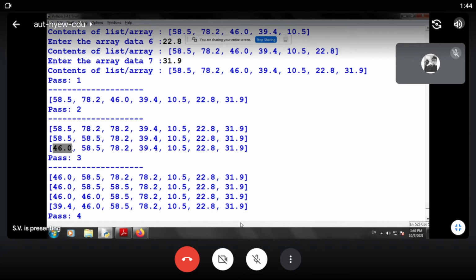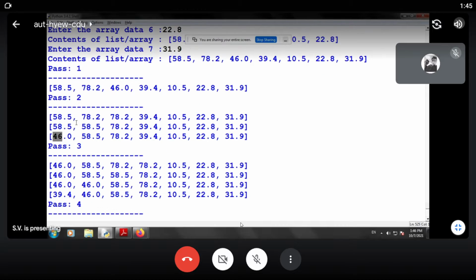Participants, did you understand step 1? So first it finds the list. 58 is found to be in order, 78 is in order. Now what is to be inserted? 46 is not in order. It should be at the place of 58. So what it does is shift the left side elements to the right hand side. So we have 78 shifted to its right, then 58 shifted to the right, and then there is an insertion. So this is pass 2.